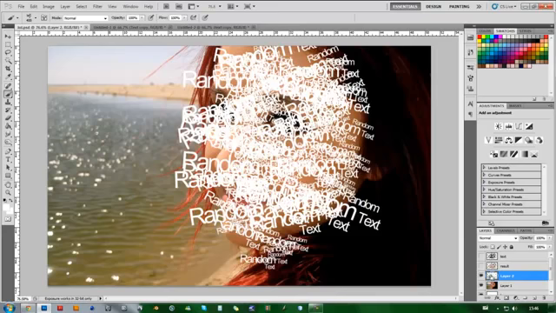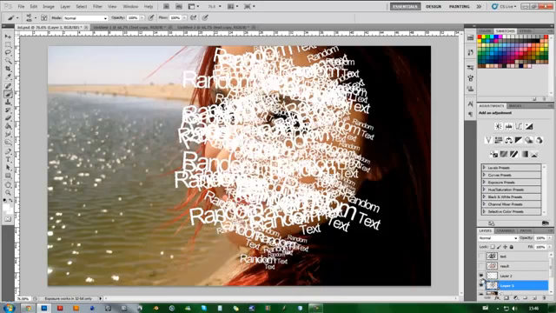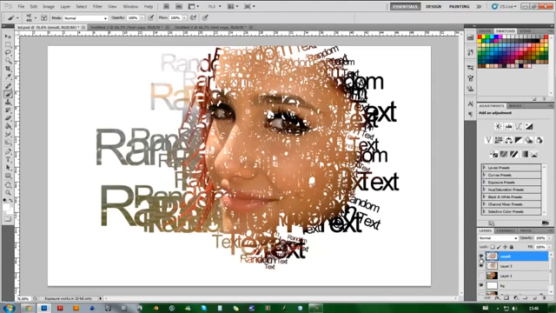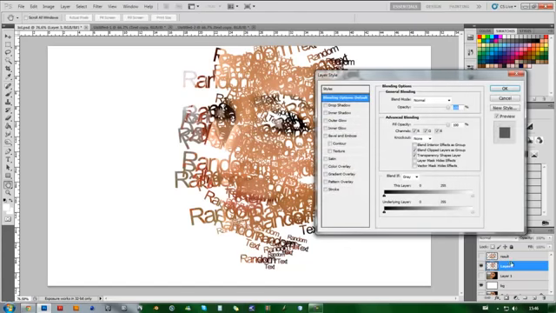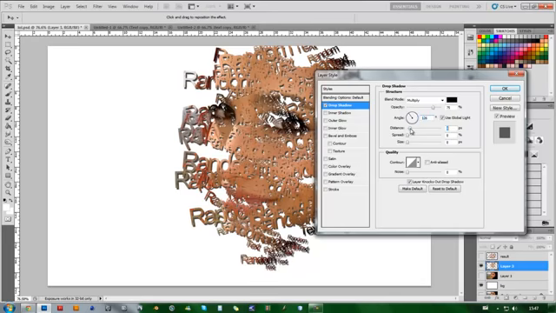Then I'm going to do the same thing. Control and click on the picture, Control and J, turn off the white one. I can delete this and turn this one off and put this one back on. So now I have two. Okay, if I turn this off, I have the bottom one, which I can double click, get into layer styles, click on drop shadow, and I'm going to pick around 126 for the angle, distance around 6, size I'll pick around 2. Then if I do the same for that one,